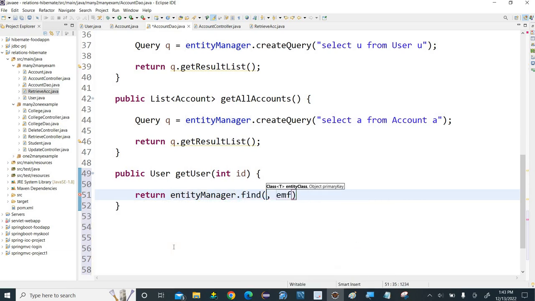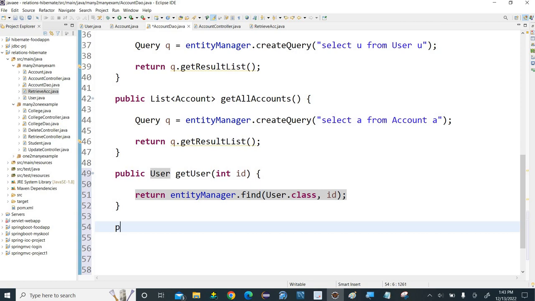Here the class name we have to provide, User dot class, and here we have to provide ID. Done. At the same time for account also we have to do the same thing, public Account getAccount